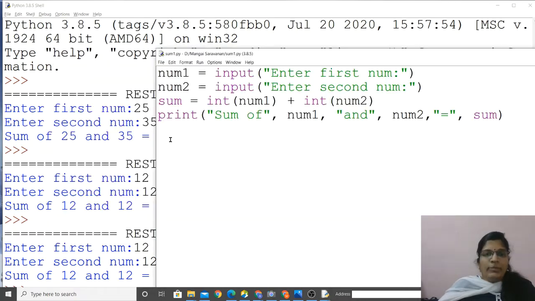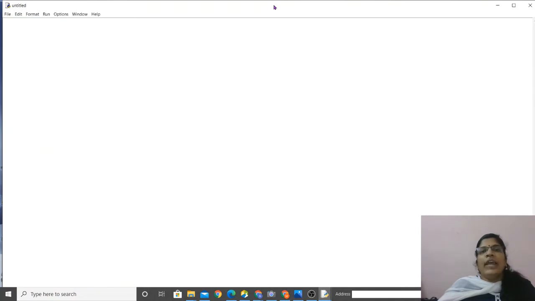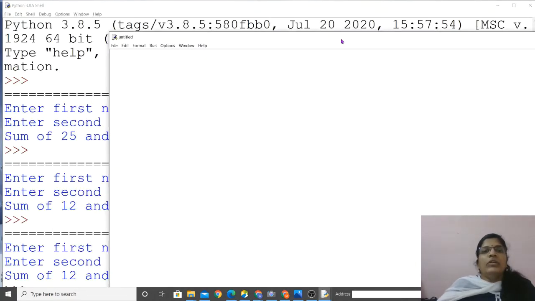So let me take a new window. File, New File, Control N, it's for a new file. Here we are going to write a program to multiply two numbers. So how to multiply two numbers?